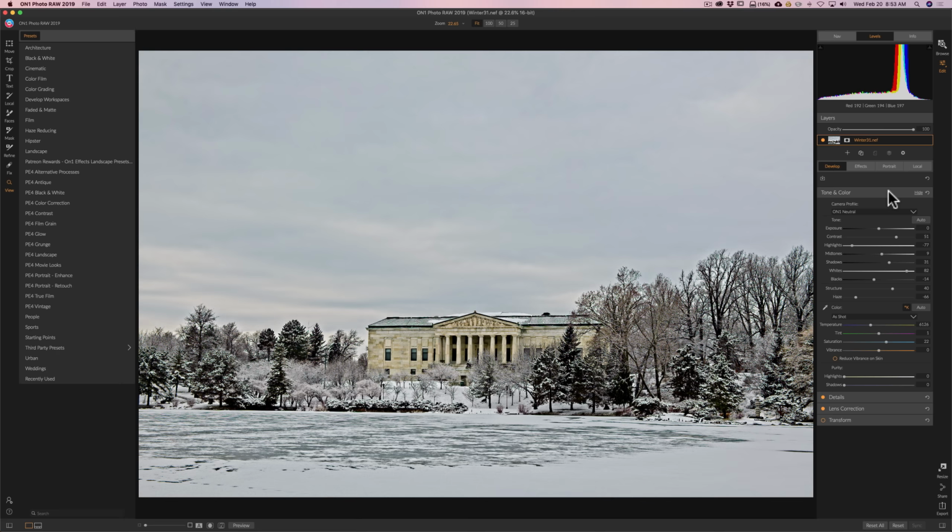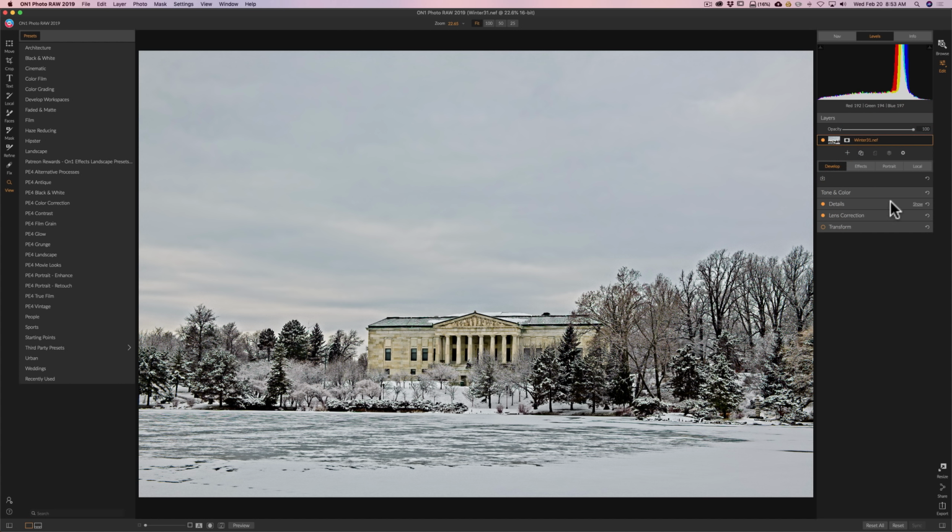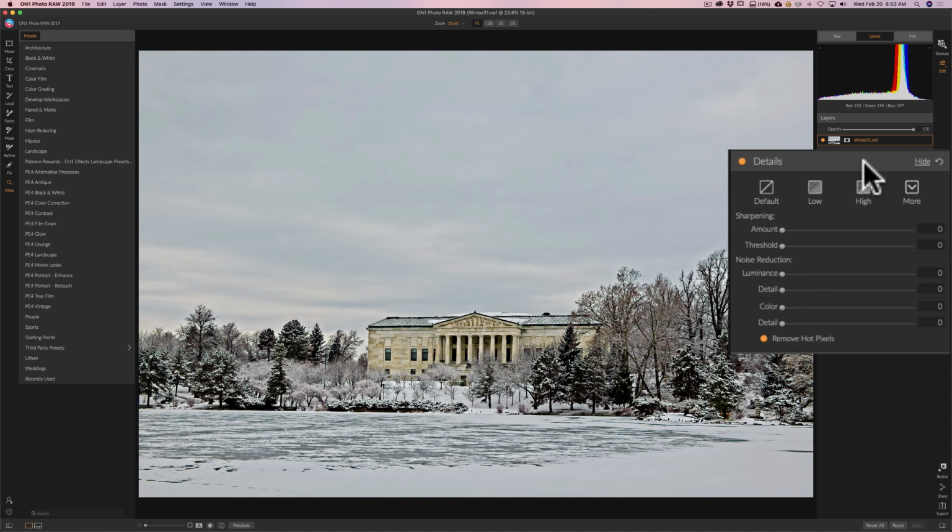We got rid of a couple spots. We did the Tone and Color tab. Next is the Details tab. To tell you the truth, typically I like to do details in the Effects module. There's tools and filters in the Effects module that will help me adjust to make the image look very sharp and to get rid of noise. And I prefer to do it there